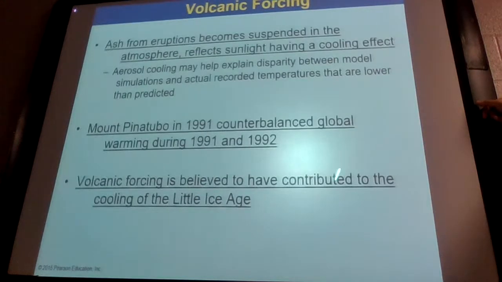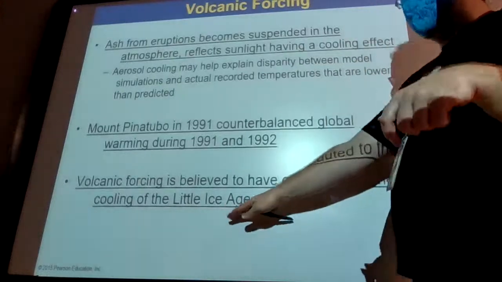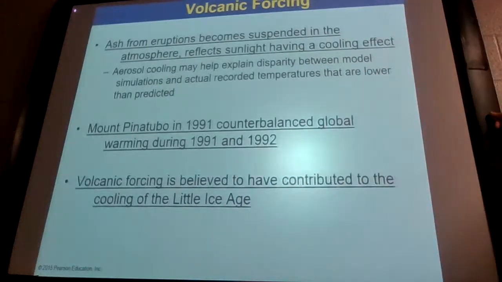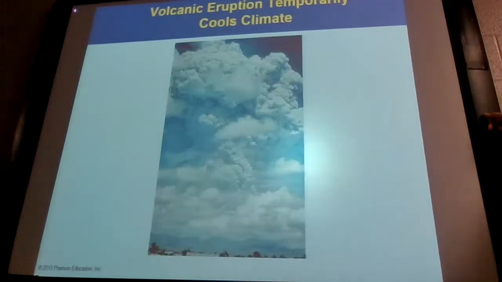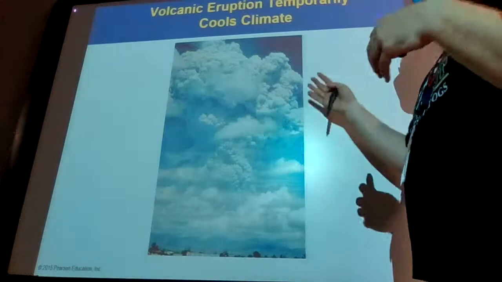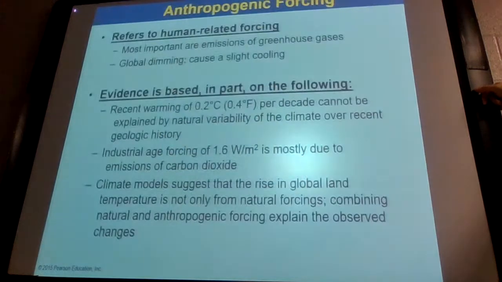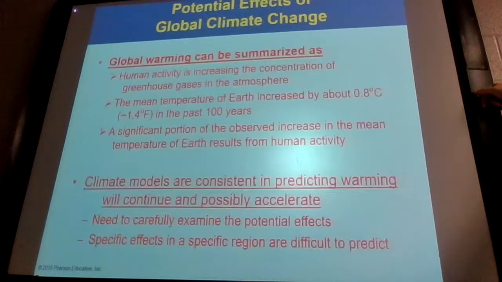Here's your volcanic forcing. When the volcanoes erupt, they put a lot of ash into the air. That's what blocks out the sun. You can see here the Little Ice Age that they talked about on the last page was due to volcanic forcing. This is just a picture of your volcanic ash cloud, so you can see this is going to block out some sun. Even after it gets dispersed into the atmosphere, every little particle is going to kick back a little bit more sunlight and make the entire Earth a little bit cooler. The anthropogenic forcing is stuff that we're doing, things that we're adding into the atmosphere, and I think we've talked a lot about that.